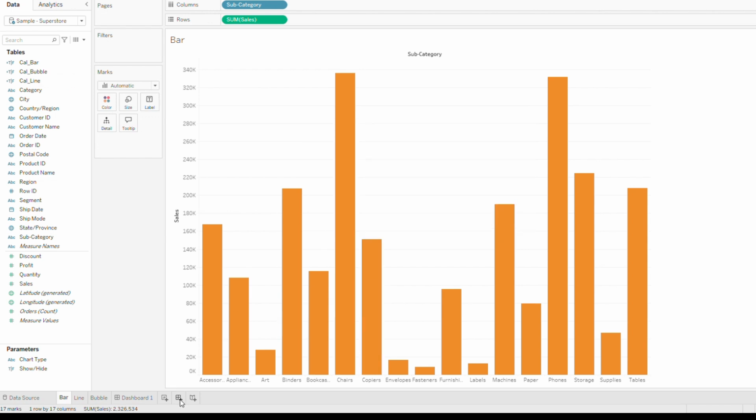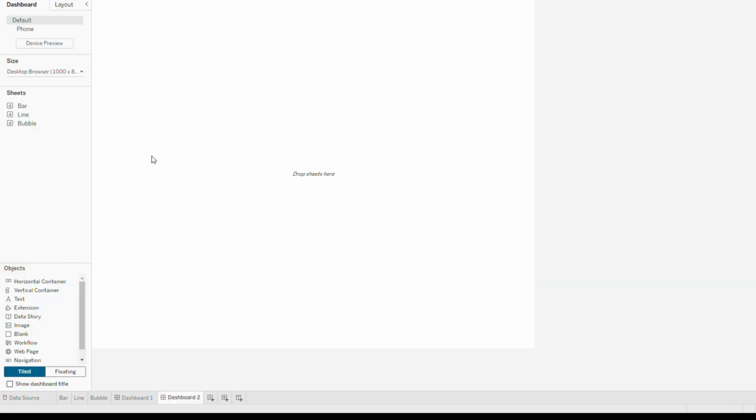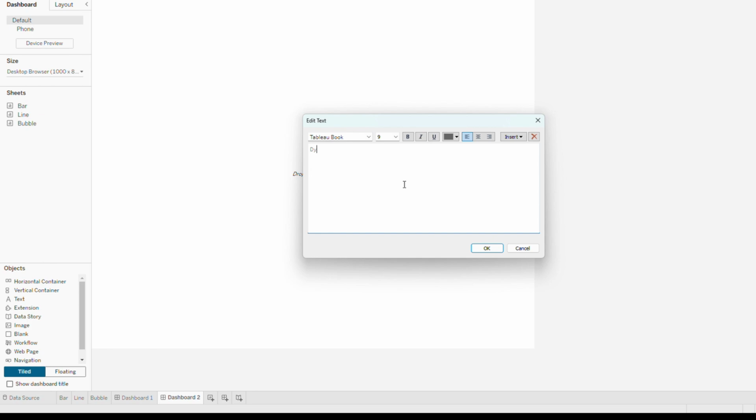Now just click on the new dashboard because we are trying to build the new dashboard here. I'm putting in the text, dynamic zone visibility.